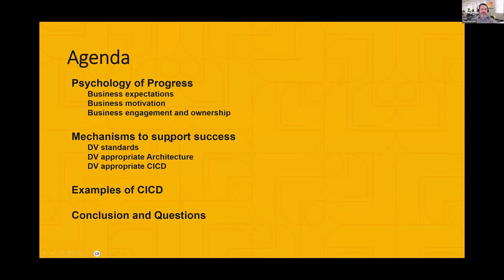Today we're going to chat a little bit about the curious element that drives business engagement, and it's called progress. We're going to look into the psychology of progress, because that will help us see how the business is motivated and what they expect from programs like information and analytics delivery. Then we'll look at some of the success factors that play into that progress element with the business, and at some of the benefits that Data Vault offers, some of the architectural success factors,